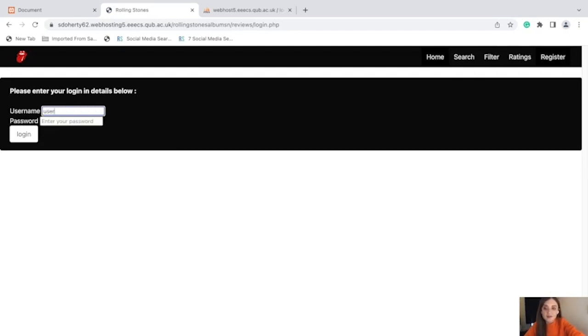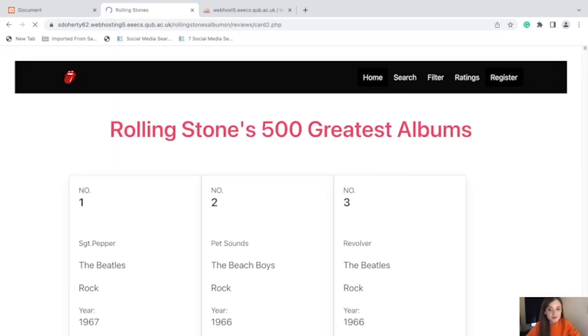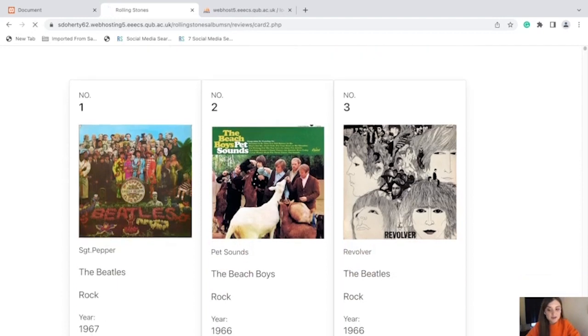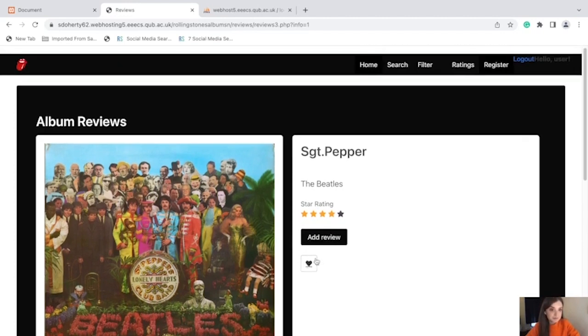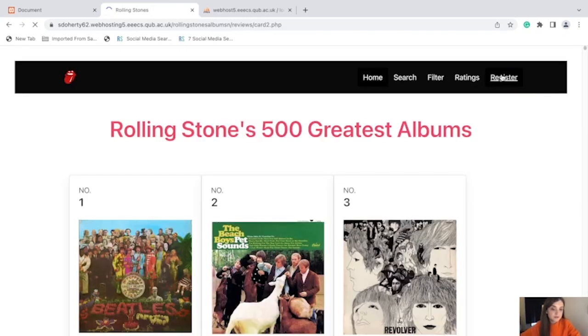Whenever I log in, as a user, we can see that the additional buttons are displayed to allow the user to either add a review or favorite the album. So I'm going to log out and show you how the user can register an account. If we just click on register here,